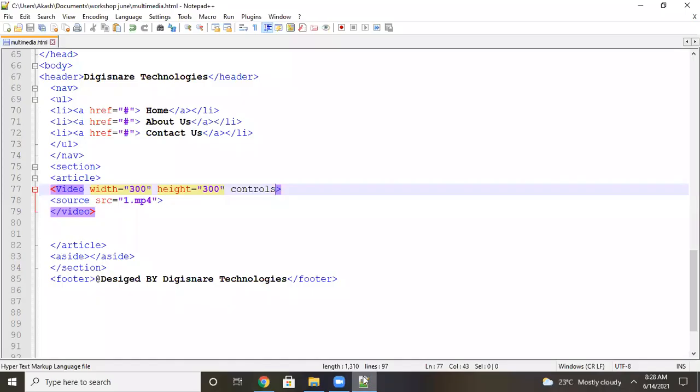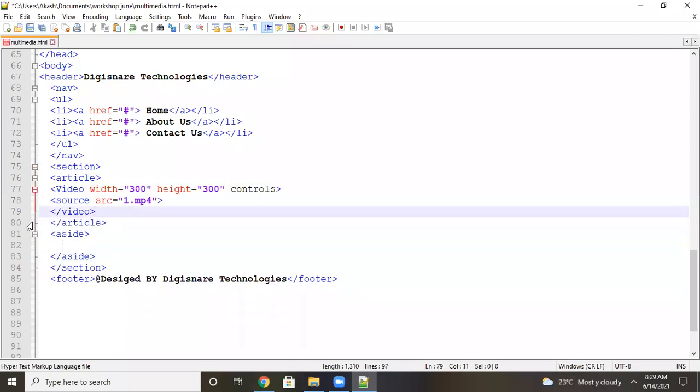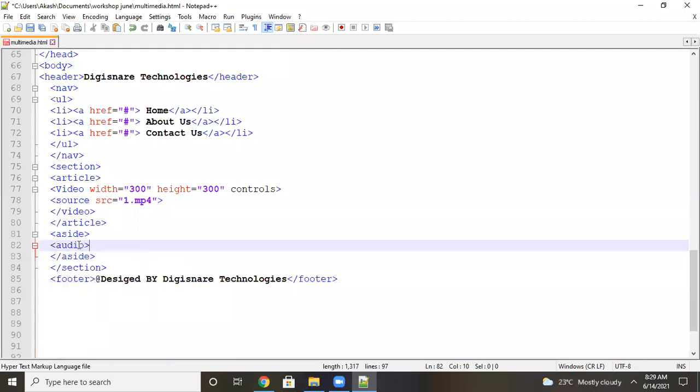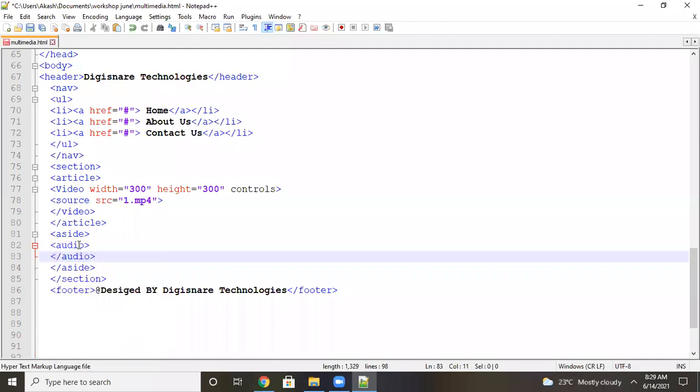And similarly, in an aside tag, inside the aside tag, I will display the audio tag. Let's see. Audio I will mention, slash audio.